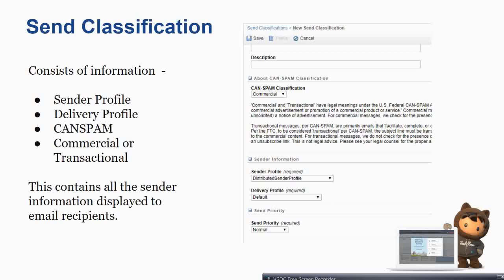For this, the send classification is there. Basically, this is the send classification, and you will get an option within Email Studio. In every marketing channel you need to select the sender. I think this is for only email. You need to select the sender profile and send classification. There will be a step where you can select the send classification before you can trigger the email.